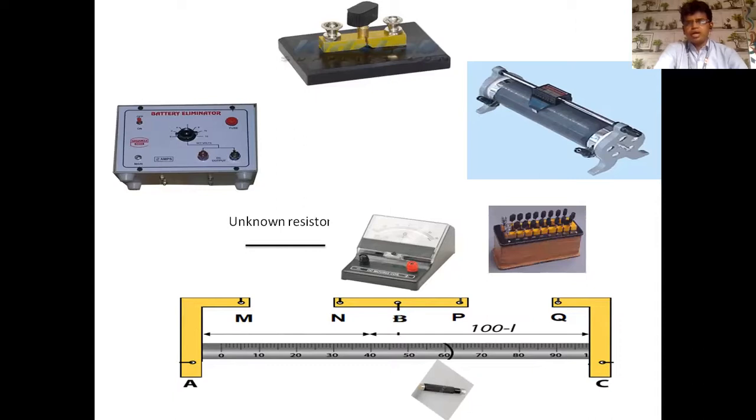This is an R box, a known R box. With the help of the R box we find the unknown R value. Now start the circuit. As per the circuit connection, we start from battery plus to point A of the meter bridge. Now C to rheostat upper, rheostat lower to the simple key, and the remaining side of the key to battery negative.